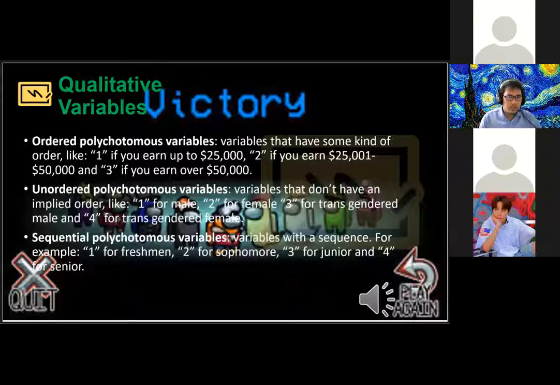After this discussion. So qualitative variables pa din, doon tayo sa polychotomous. Sabi may tatlo daw, merong ordered, unordered, tsaka sequential polychotomous. So syempre, from the word itself, when we say ordered, meron tayong order. Pwede ito sa polychotomous variables. Example of this is